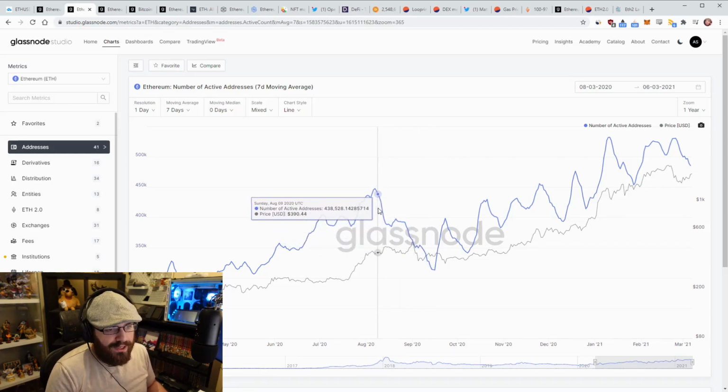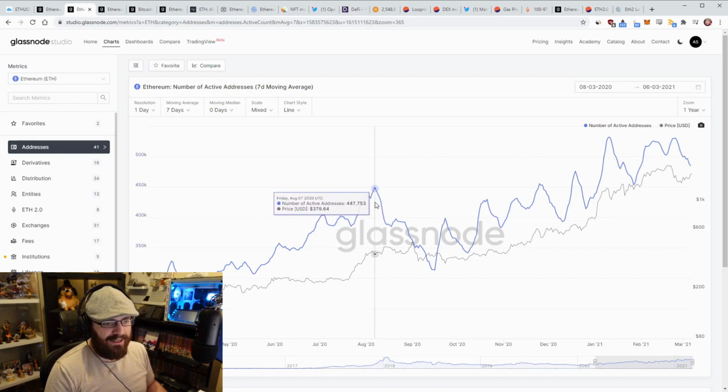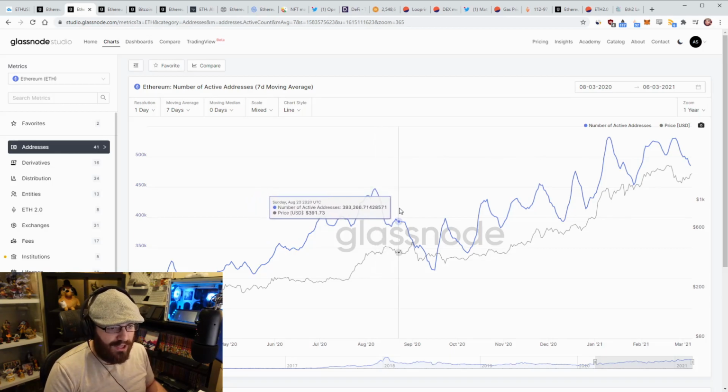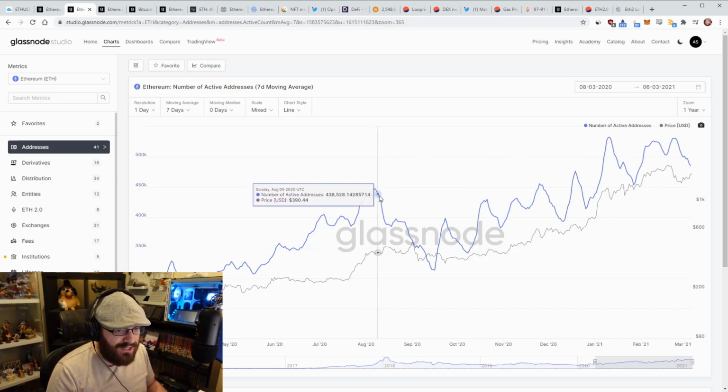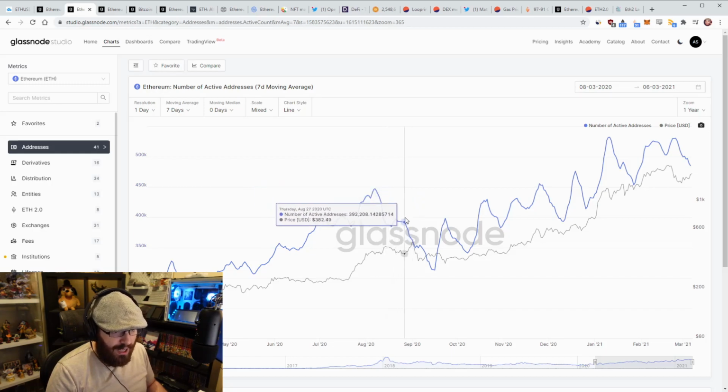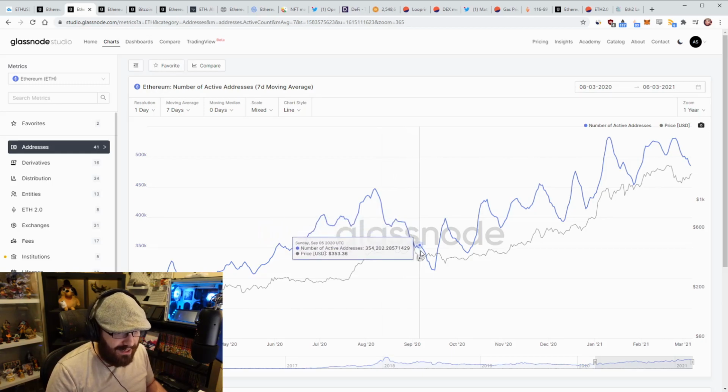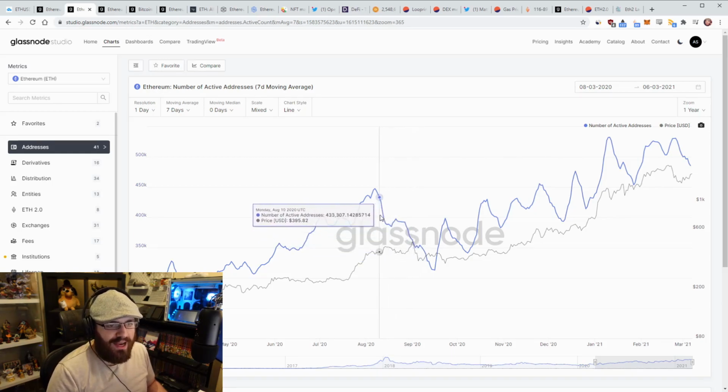But what's really curious is that it seems like the number of active addresses was basically a leading indicator here, because the price didn't start dropping until the number of active addresses had already dropped by a fair bit. The blue line shows the number of active addresses, and the gray line shows the price. As I'm scrolling down, you can see the blue line fell pretty rapidly, right? And then the price went sideways and then up, but then it came back down. So you could say that the active addresses here acted as a bit of a leading indicator,